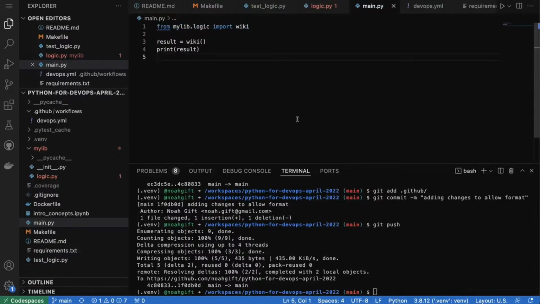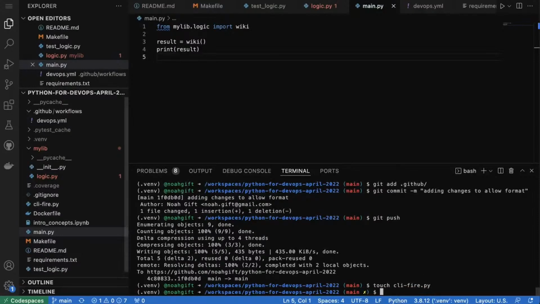I guess maybe the first thing though, before we even do that, before we build out the microservice, would be to test it out, potentially how I would want to interact with this by using a command line tool first. So I'm gonna just make a command line tool here called, we could either use Fire or we could use Click. I'm gonna go ahead and use Fire. We'll say cli-fire, and inside of here